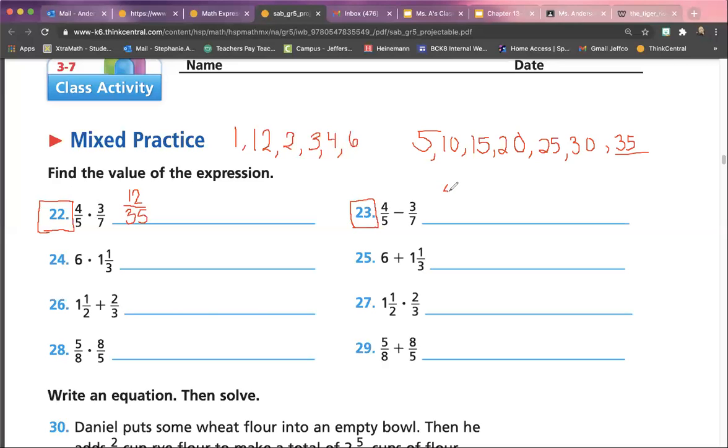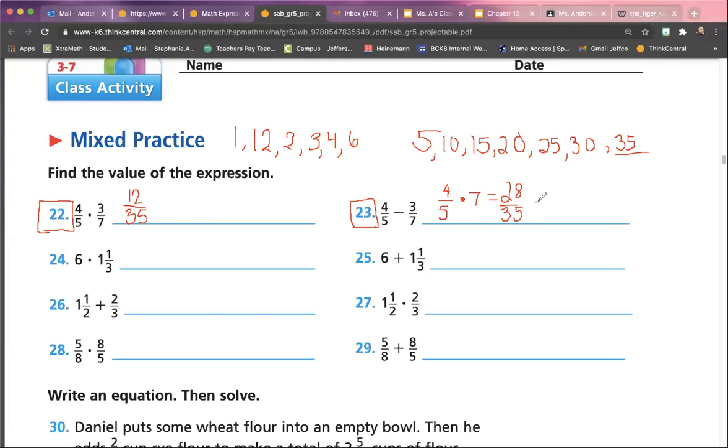All right, Gio, so I want to turn them both into 35ths. What do I need to do to my 4/5? What do I need to multiply by? 7? Yes, sir. So what is 4 times 7? 28. Good work, Gio. And we decided that 5 times 7 is? 35. Okay, cool. So now I have 28 35ths